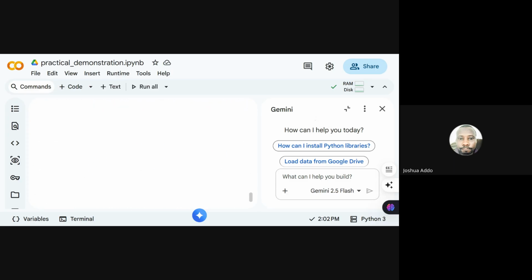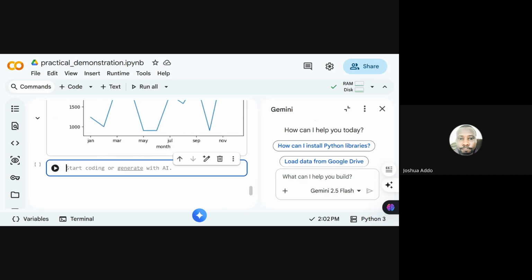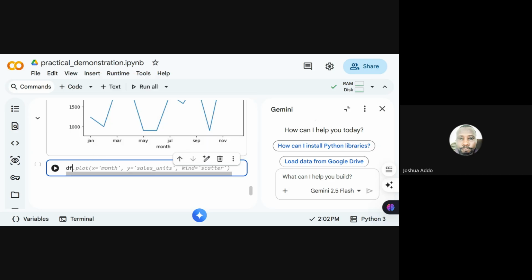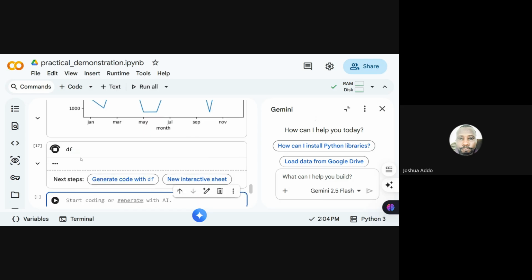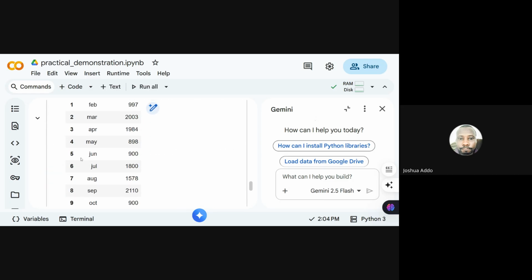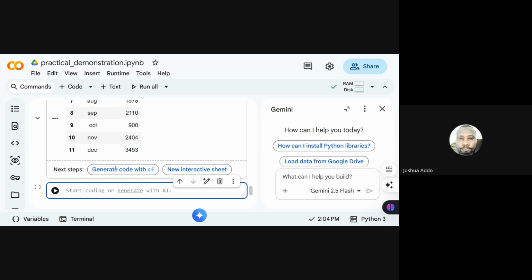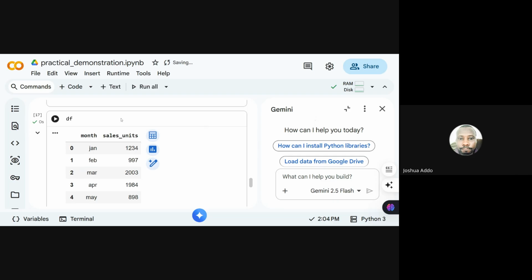Now we have our data frame. I can just call it anytime, df. So this is our df: month sales with their corresponding values. Then I may want to augment this table, add more information. We might want to compute,